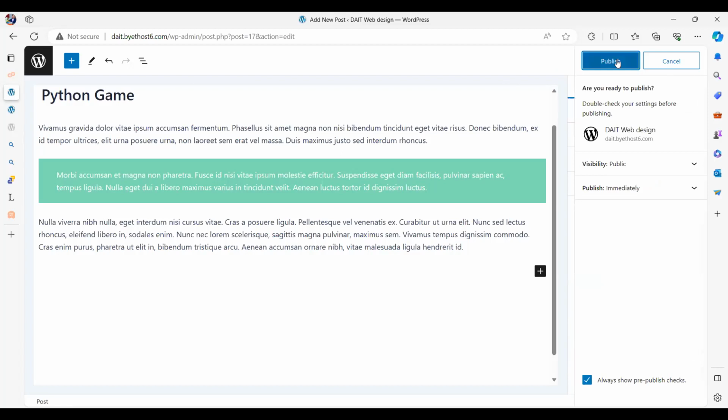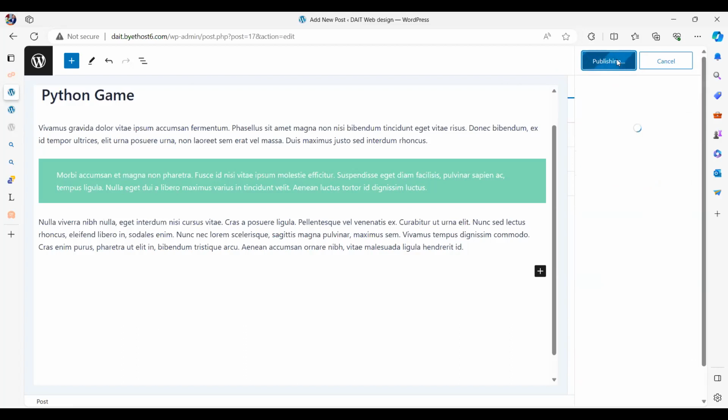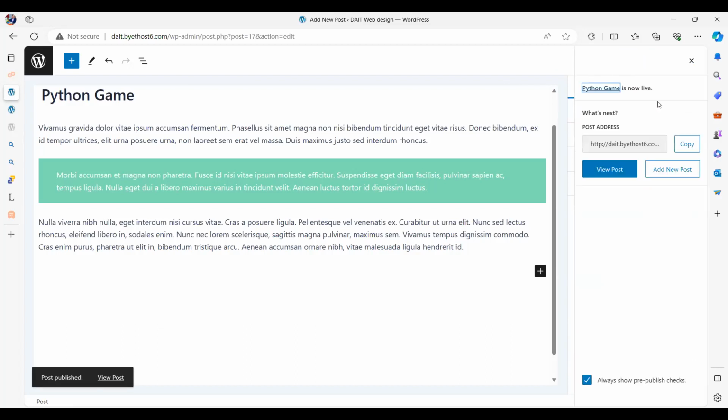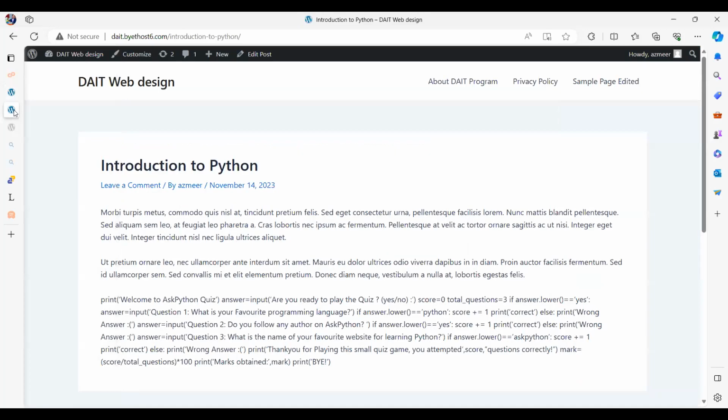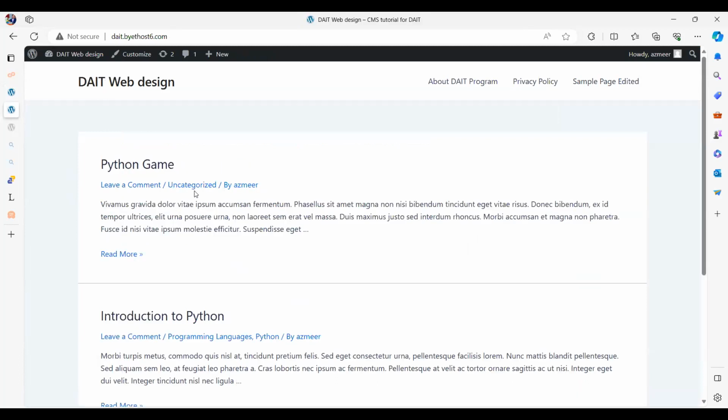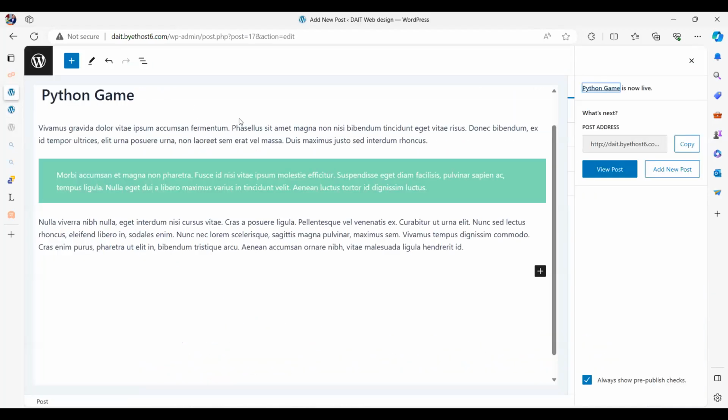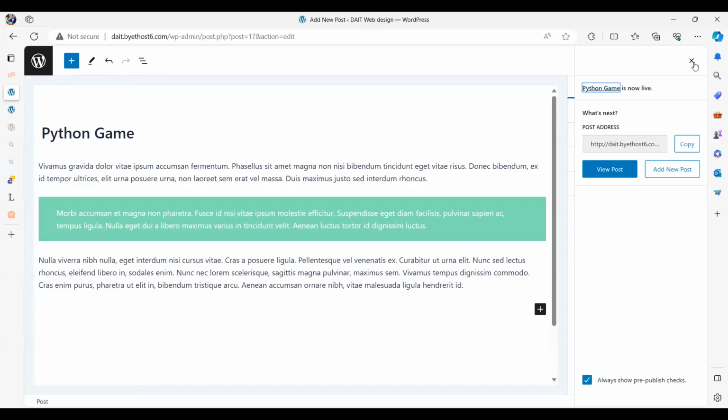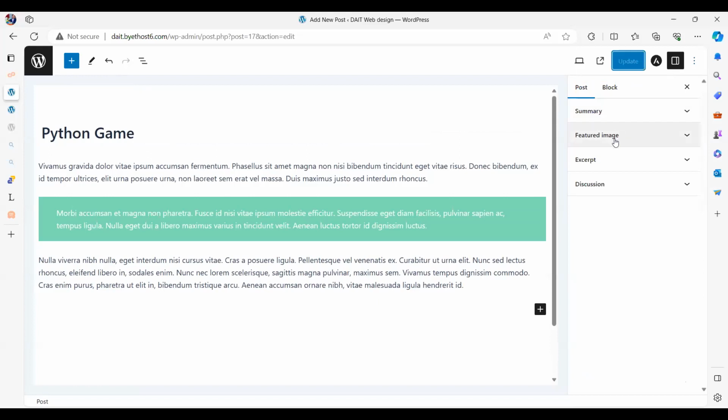Okay, let me publish it. Okay, I did not select a category. Let me show you now what happens when I go to the home page. Right, now see here it says uncategorized. Now that's bad. Generally, you don't have public posts without any categories. So I can go here and edit this and close it here.